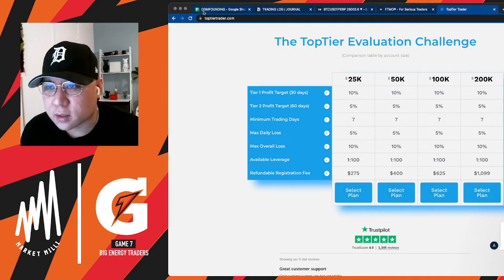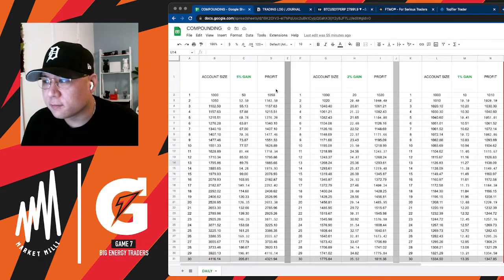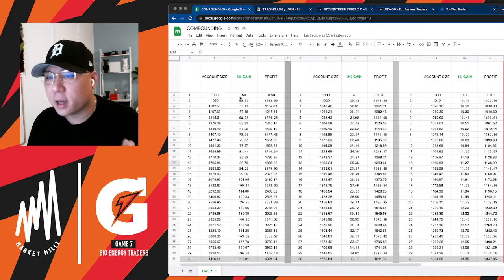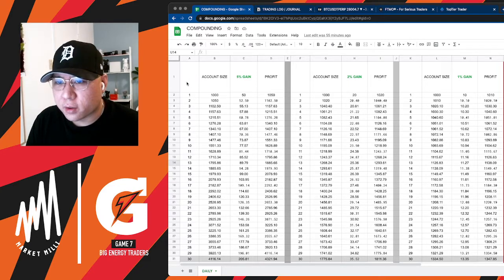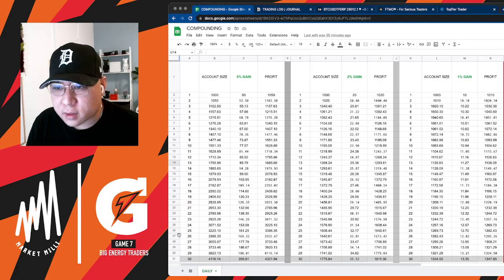So here, let me show you guys. This is why I believe I can do this, because I've gained more than 5%. 5% is safe based on my account size, right? But I didn't mark here whether it be 5% a day or 5% a trade that you gain. That's completely up to you. I'm just showing you the potential here. So if it's a day, if it's a trade, you can count it down here, right? If you're looking to make a gain of 5%, whether it be a day or a trade,